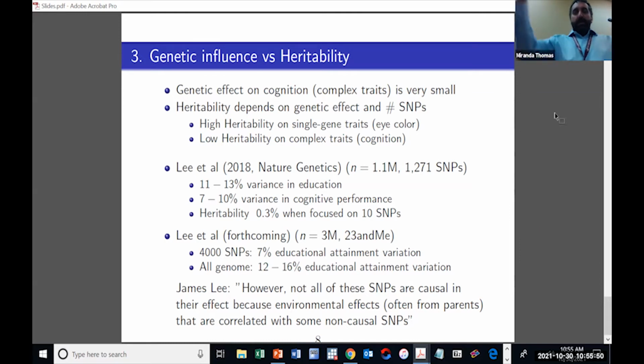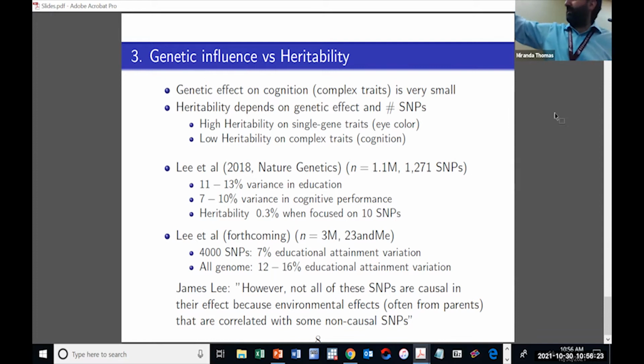Just very quickly, it's something called complex traits. Those are traits that are maybe fully determined genetically, or to a large extent, but they are determined by many genes and many SNPs, single nucleotide polymorphisms. That means even if you were to explain for a given individual 100% of that trait with genes, these are made by many, many genes. And when you try to correlate the father and the son, the heritability will be 0. Okay. So the best studies for this are these 2 papers.